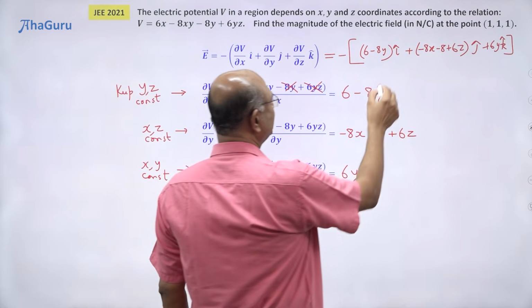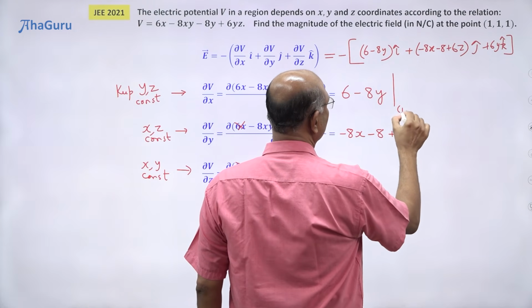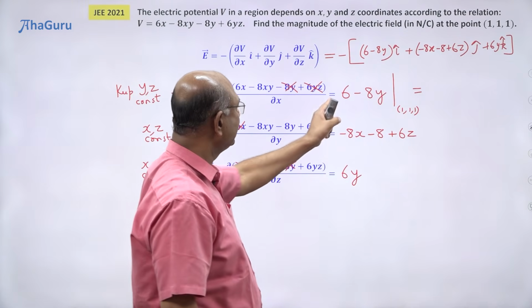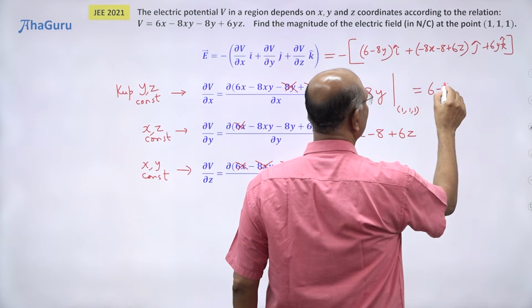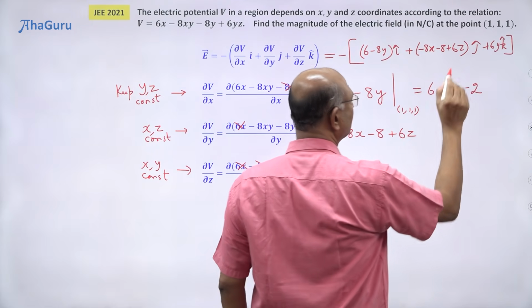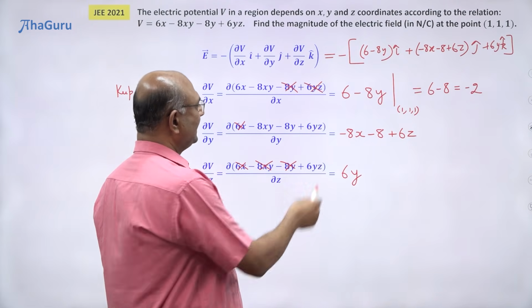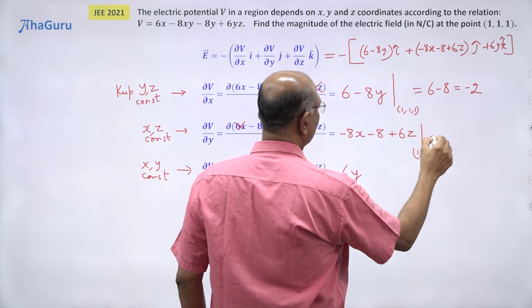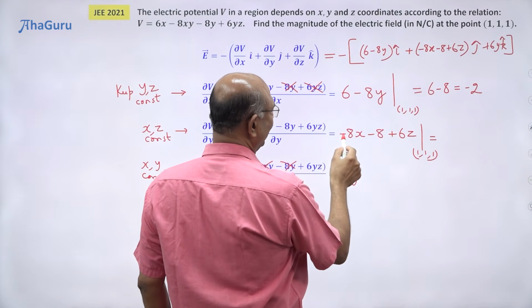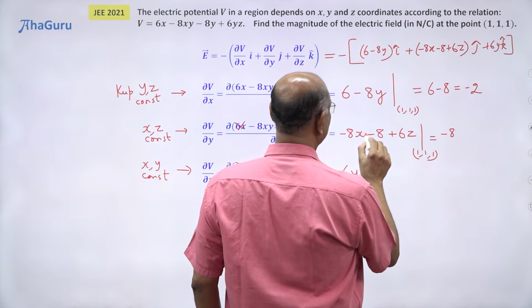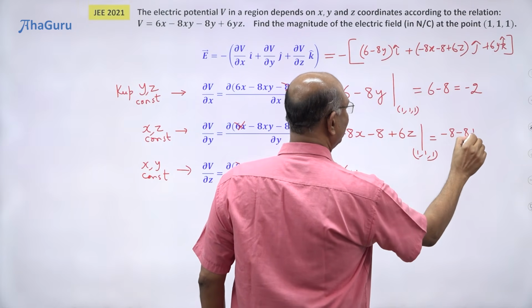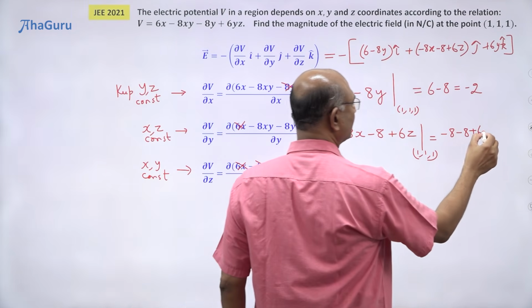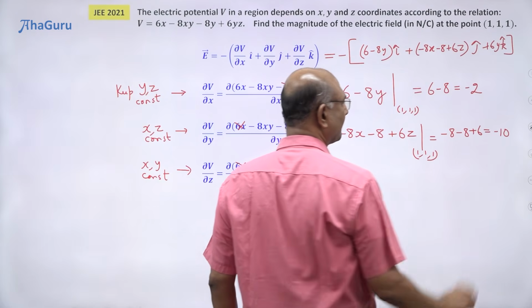If I substitute 1 comma 1 comma 1, I can find the value. Y is 1. What is it? 6 minus 8 minus 2. Okay? And then if I substitute 1 comma 1 comma 1, this is 1, that is 1. So minus 8 plus 6. So minus 16 plus 6, which is minus 10. Minus 10,